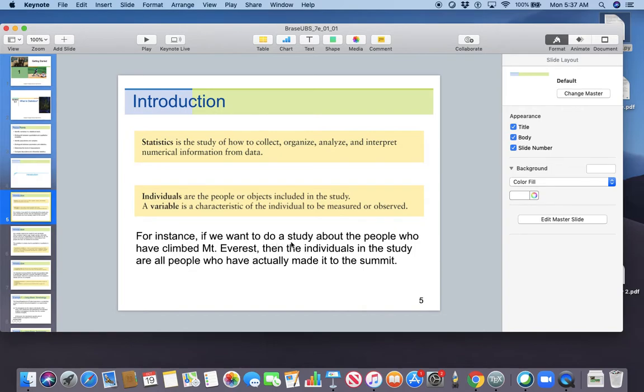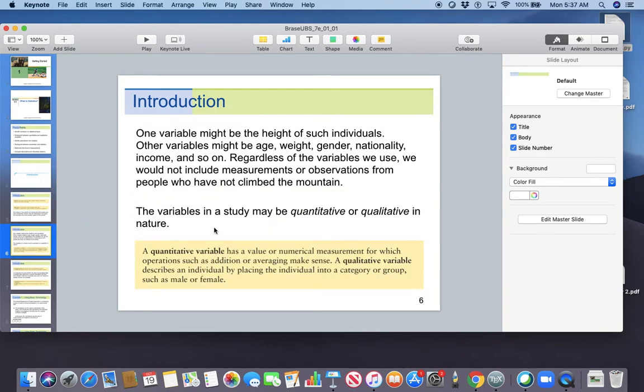So, what do we mean by study people? Well, we are not writers, we are not novelists, we are not studying the inner workings of their minds. What we are simply doing is looking at their height or their weight or their income. Those characteristics are called variables. All right. Now,